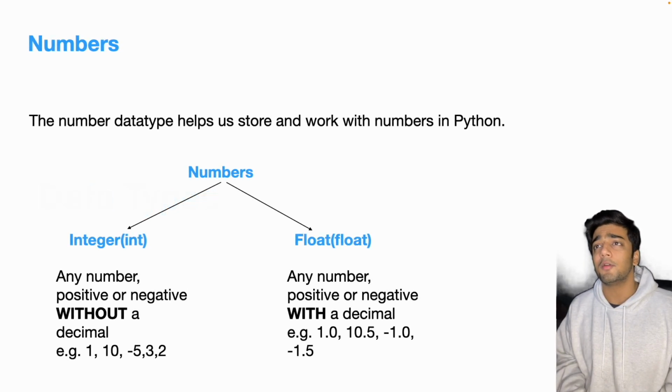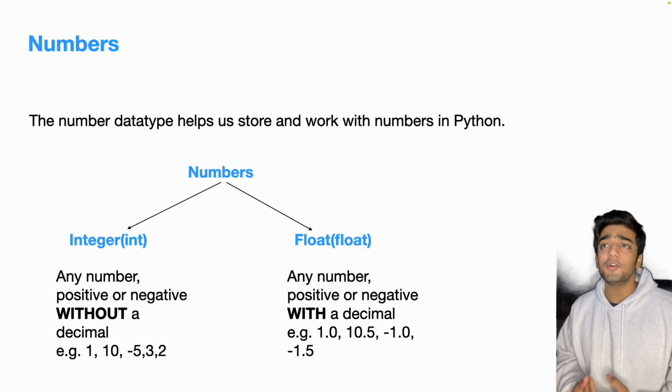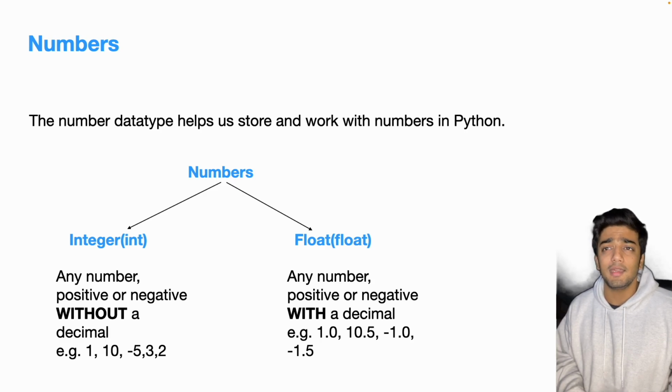The first one we're going to be talking about is numbers. Whenever you work with numbers in Python, you work with two different data types. The first one is an integer, or simply int. As you see on the screen, any number that is positive or negative and without a decimal belongs to the integer data type. Examples would be 1, 10, -5, 3, or 2, or well, any other number that is not a fraction or does not contain